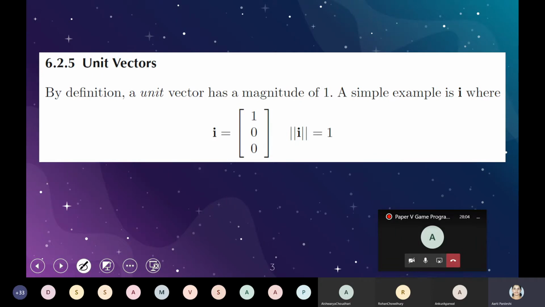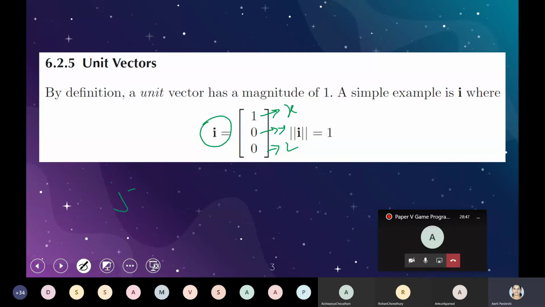When you say unit vector, in the case of a 3D vector there are 3 possible unit vectors: unit vector along x-axis, unit vector along y-axis and unit vector along z-axis. Here one example is shown. This is your x, y and z. Whenever we draw a unit vector along x-axis, its value is 1 and the rest of the values are 0, 0. So 1, 0, 0 is the unit vector along x-axis, and the symbol for it is i.